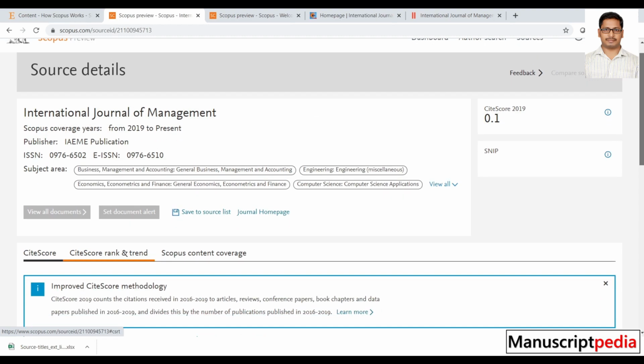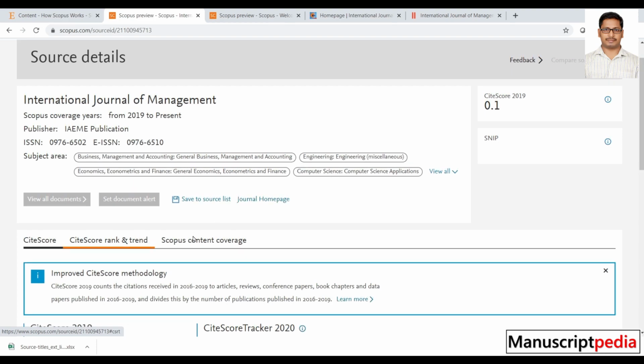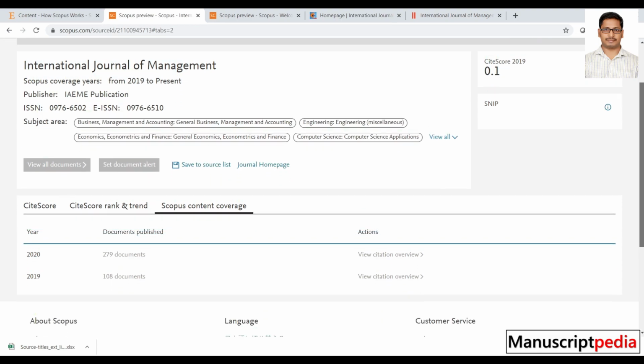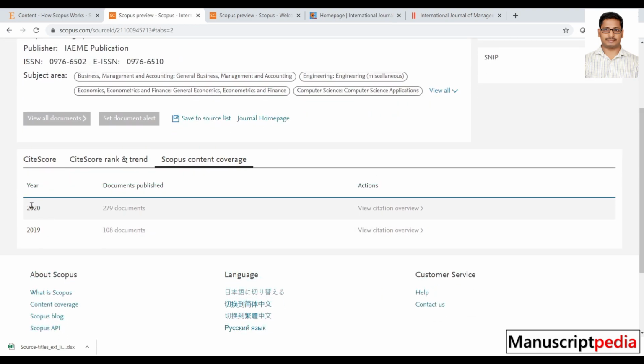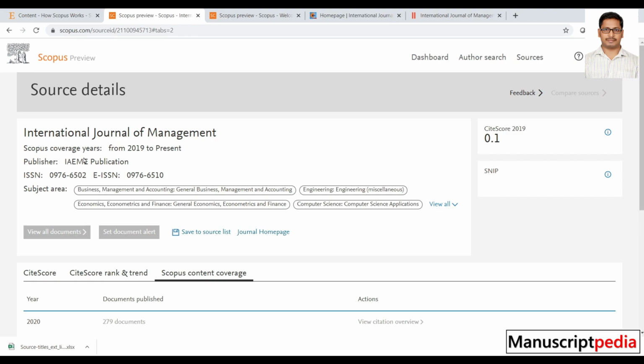Another way to check is the Scopus content coverage. If you click on it, you can find that in 2020, 276 documents were uploaded. So you can have confirmation, and you can also find the Scopus coverage years from here.